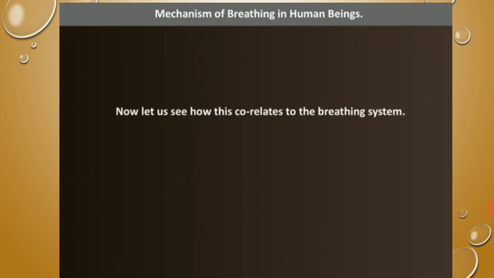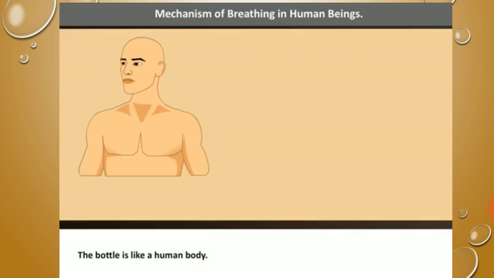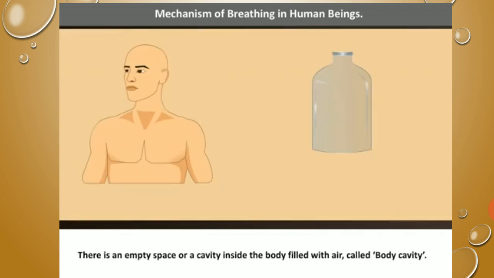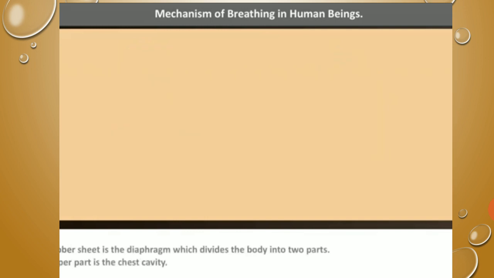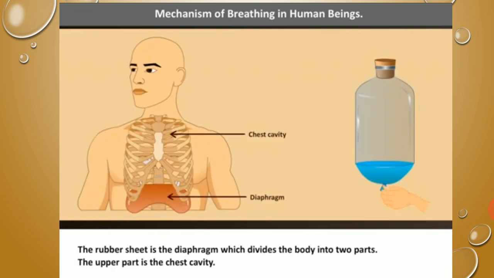Now let us see how this correlates to the breathing system. The bottle is like a human body. There is an empty space or a cavity inside the body filled with air called the body cavity. The rubber sheet is the diaphragm which divides the body into two parts. The upper part is the